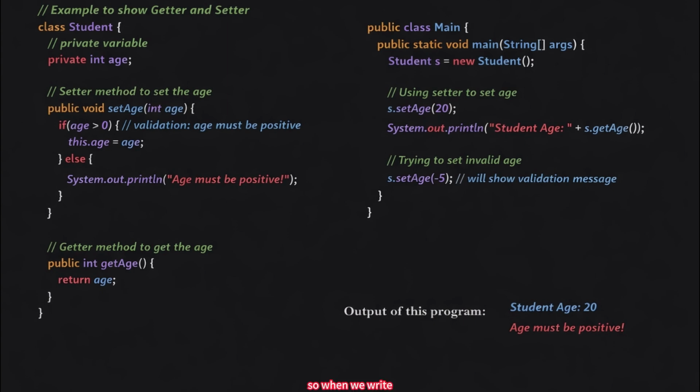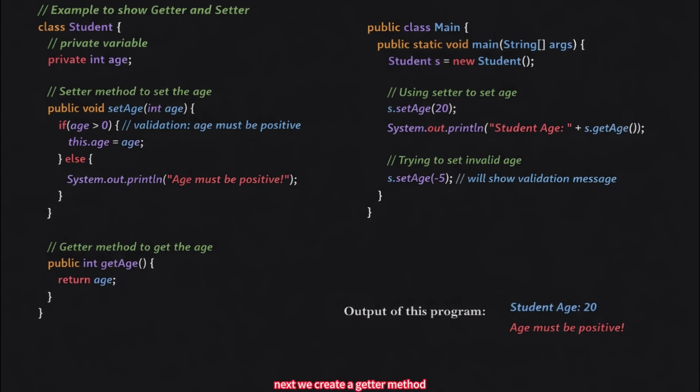So when we write this.age = age, we are assigning the parameter value to the class's private variable. The keyword this is used to differentiate between the class variable and the method parameter when both have the same name. If the condition is false, meaning the age is not greater than 0, then we print the message. Age must be positive. This is the power of setter. We can control the data before storing it.